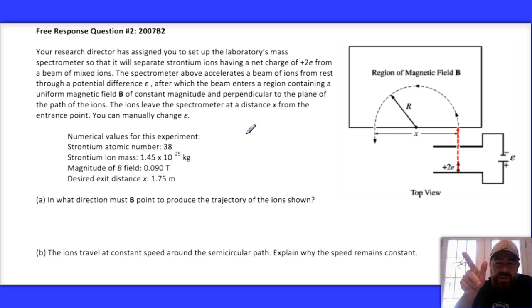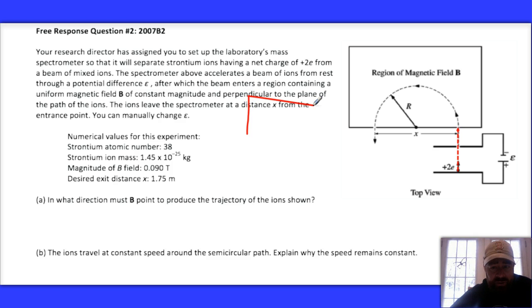So I'm going to use my right hand, where my middle finger is going to be in the direction of the magnetic field, which we don't know, so I can't really use that part yet. My index finger, and I'm using my right hand because it's a positive charge, is initially going to be directed upwards, which is in the direction the particle enters the magnetic field. And my thumb, I could orient either to the right or to the left, but I'm going to orient it to the left, and the reason is I know that there must be a force directed to the left